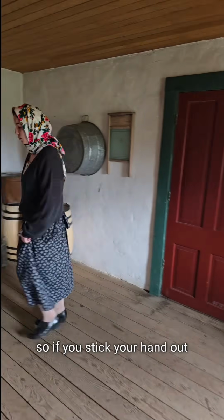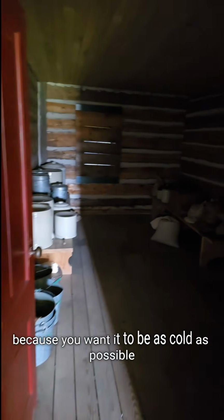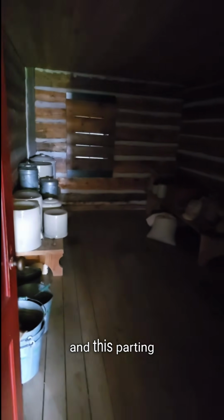So if you stick your hand out, you can feel it's colder. That's why there's no sun in here, because you want it to be as cold as possible to prevent your milk or your sour cream from spoiling in there. And this part,